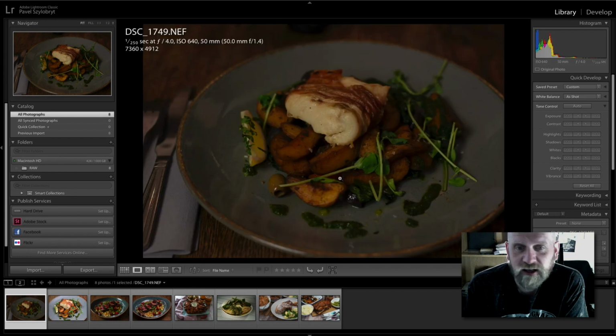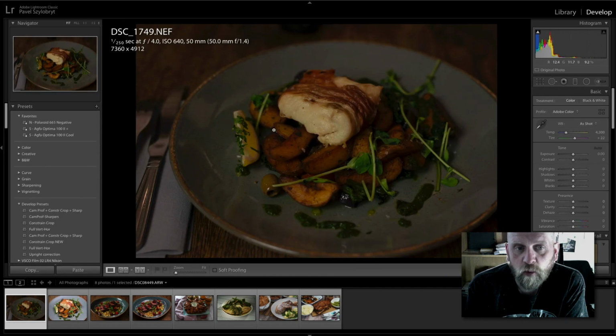So this picture of the fish has been shot too dark. Obviously we can see it's too dark, and also the color balance isn't quite right. Food photography is one type of photography really, I think it's the only type of photography like this, which is actually